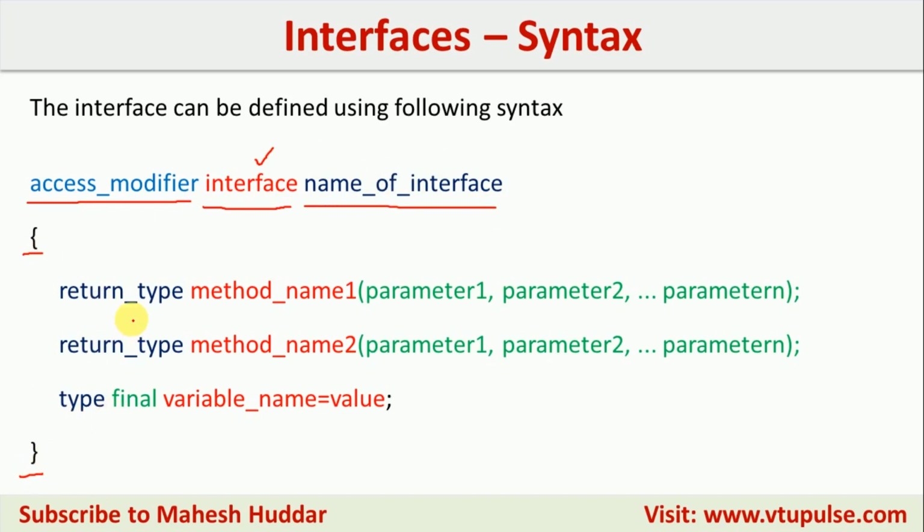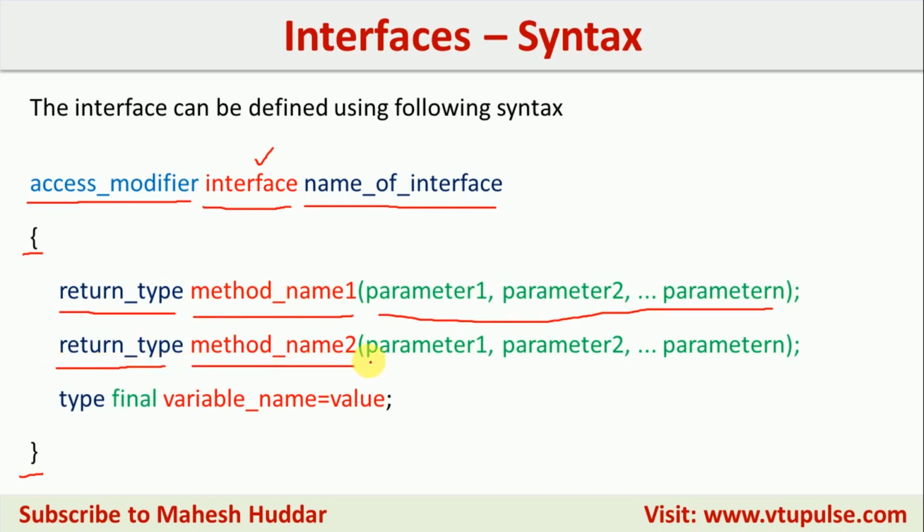Between these things we have to declare a method. For example, you can see here I have written, you have to mention what is the return type, and then you have to write what is the method name, and if you have some parameters you need to list all those particular parameters here. And then you should not define it, you just need to close this particular statement. The meaning is method_name1 is declared but not defined. Similarly, we have added one more method, that is method_name2. Again we have return type, method_name2, and then if you have parameters you can pass them, otherwise you can leave it. This is an optional one, but we are not defining it. Again we have closed this particular statement.